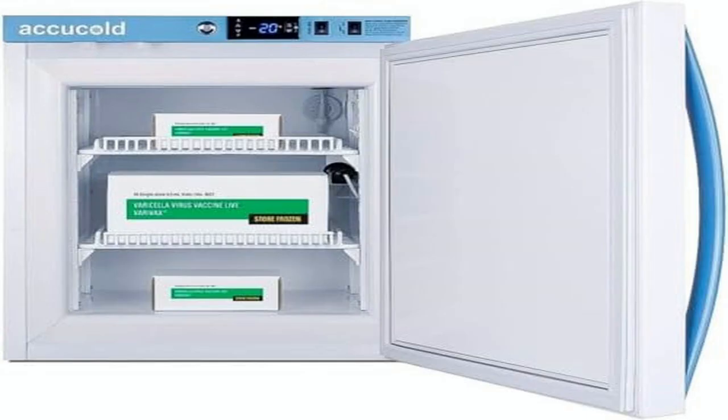Value-wise, the Accucold sits in a price bracket that is competitive for its size. You're not paying for a massive freezer you'll never fill, and the medical-grade branding does give you a little extra confidence over a generic kitchen freezer. However, the mixed,